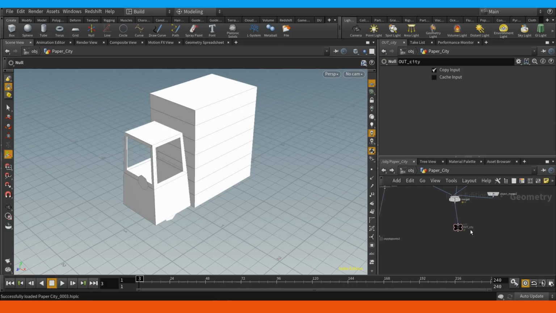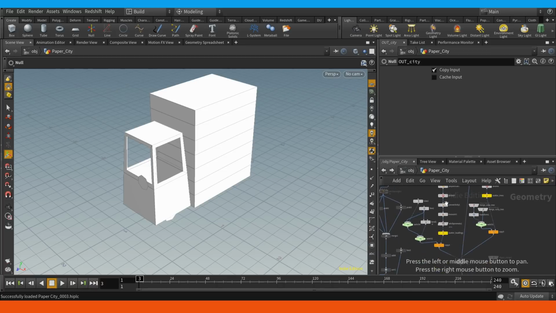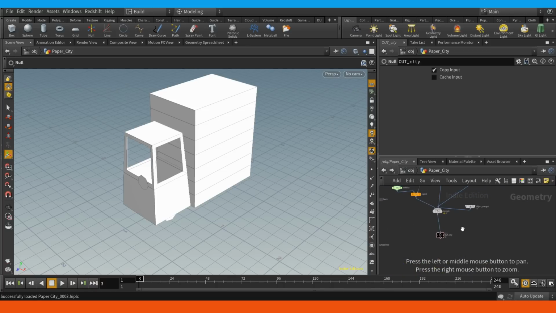So you can see right here I have my out null, so I can easily find that later on, and it's at the end of a large network. That's all I want you to see from this example, is that it's used to help organize things. The same goes for